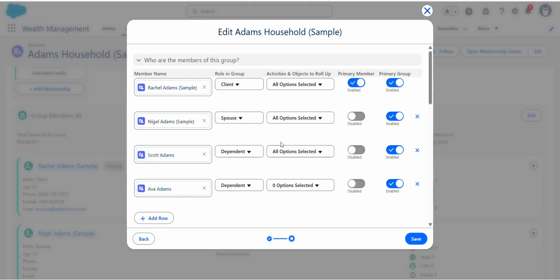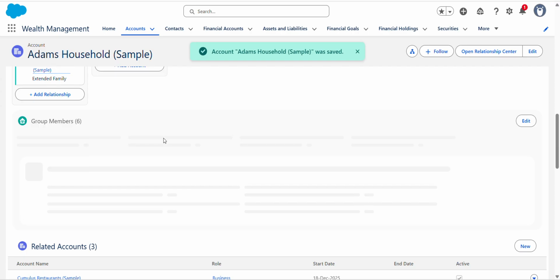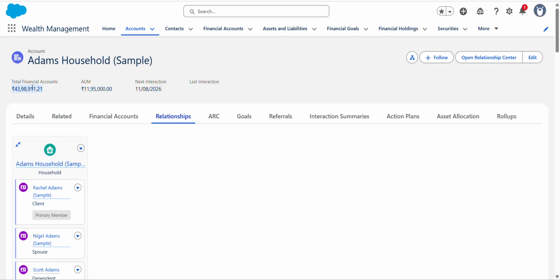If we remove the financial account from here and click on save, the total financial account should change, because we removed financial accounts from Scott Adam's rollups.